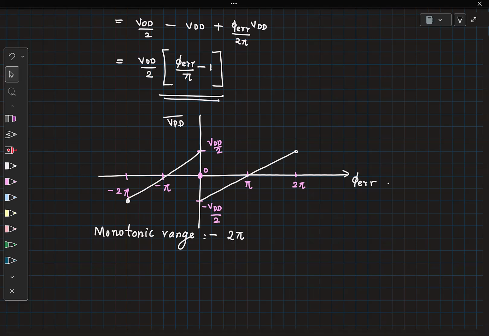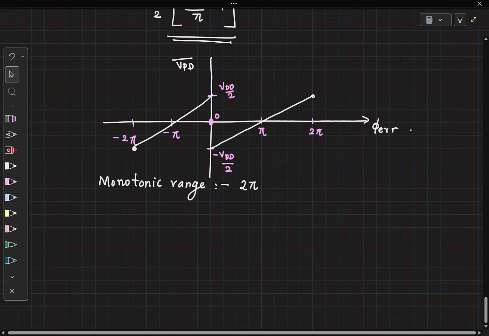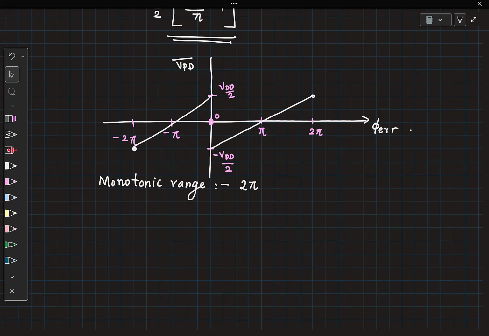It should not be desirable, but it's enforcing positive feedback as phase error is increasing, as VPD is increasing. Okay, so now your question is, does it mean that if I use this VPD, it is always going to be in positive feedback? This phase detector is one module in your overall loop. You can configure the other elements such that even with a positive slope, you are able to get a negative feedback system. Okay, but in earlier scenarios, we kind of preferred the lock point where we have decreasing monotonic.